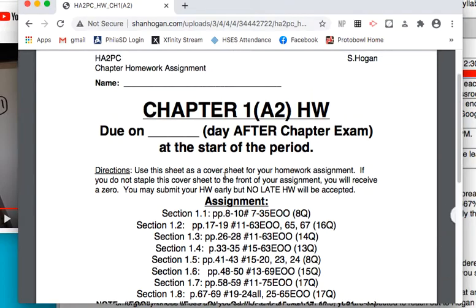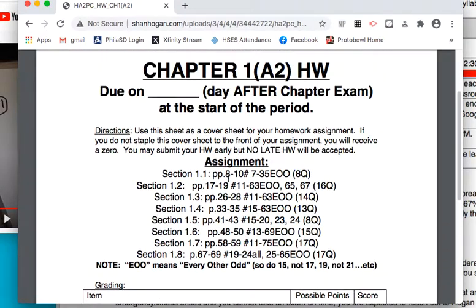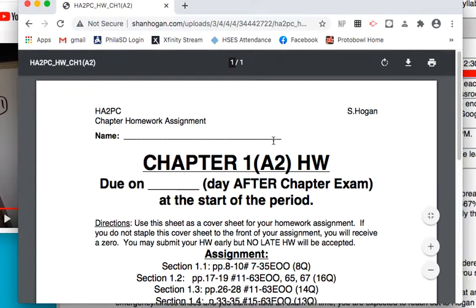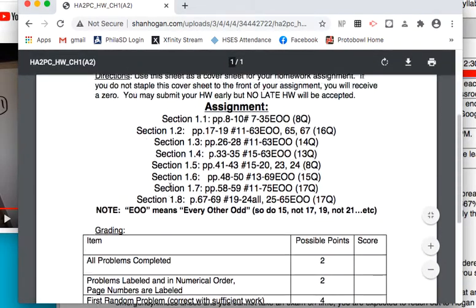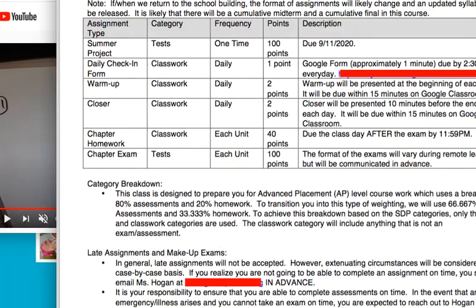Now, this may or may not be the exact assignment that you end up with, because I'm debating cutting down the problems significantly, but there's a Chapter 1 of Algebra 2 homework assignment, and you're going to do all of those problems, and they are from the textbook that you will have a PDF of, right? So that's the plan, right? So you're going to work through those. Notice I don't give you nightly homework. You have chapter homework.